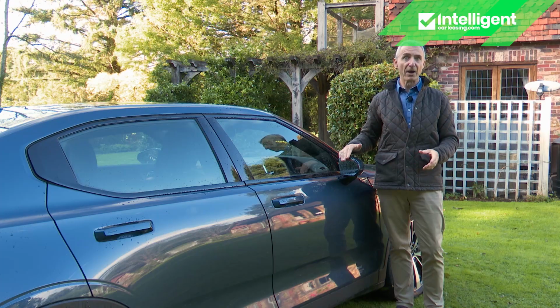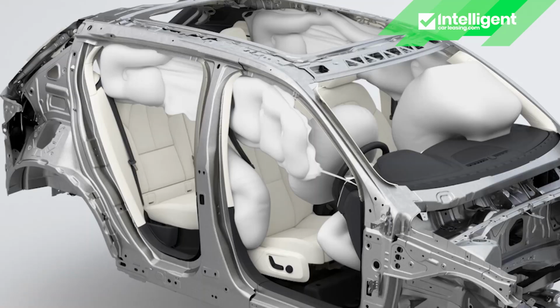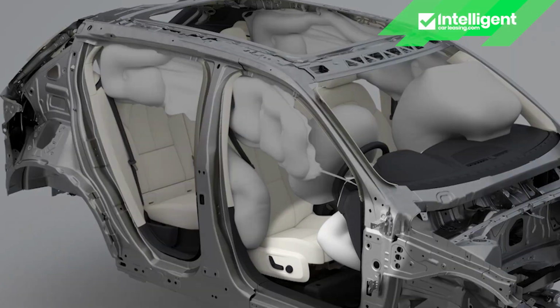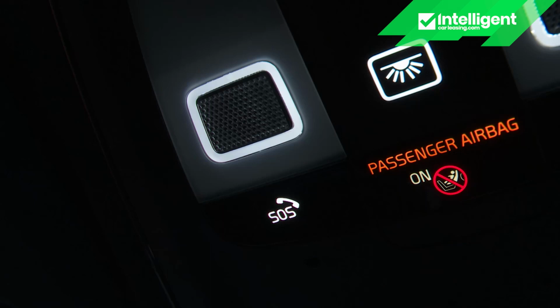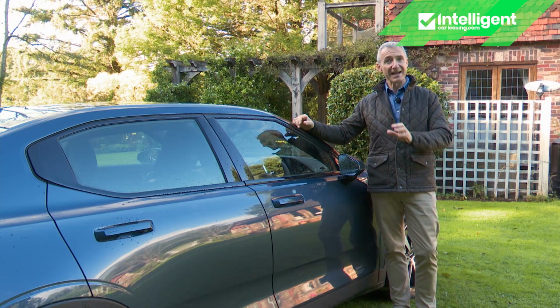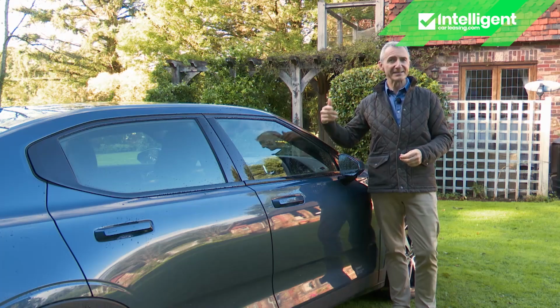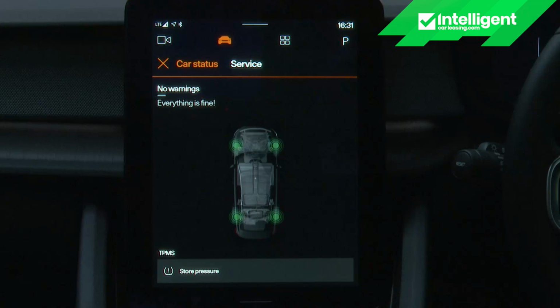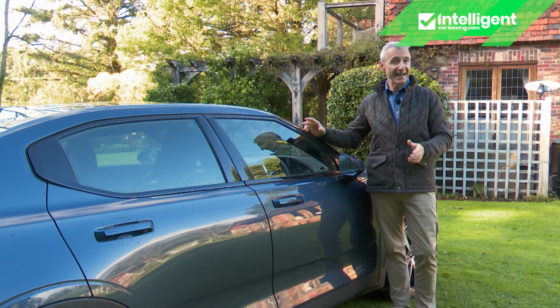And as you'd expect from a car of this price, there's a full complement of 8 airbags, including a full-length inflatable curtain and a driver's knee bag. Like all newly launched cars these days, there's also an e-call system which will see the emergency services advised of your exact location if the airbags are activated in an accident. Hill start assist, tyre pressure monitoring, ISOFIX child seat fastenings, a speed limiter and a first aid kit also make